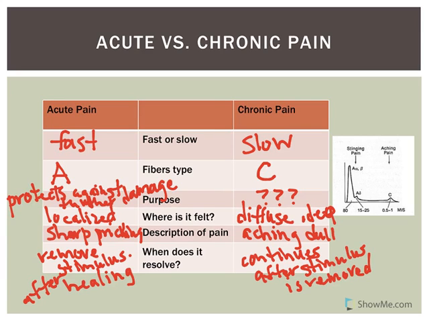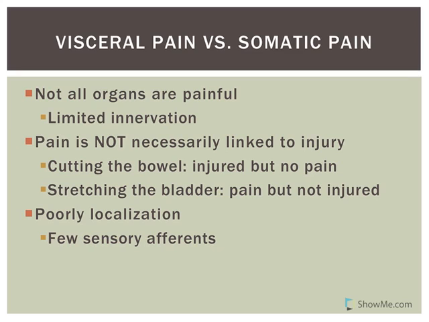Now, acute pain rather than chronic pain, we can talk about the concept of neuromodulation, which we're going to do very shortly. But I do want to mention visceral pain versus somatic pain. Now, somatic pain is coming from your skin, your muscles. Now, visceral pain is coming from internal body organs. Now, not all your organs are painful if they're damaged or messed with because of innervation, if you don't have innervation to it. The localization of visceral pain is poor because there's not a lot of sensory afferents coming